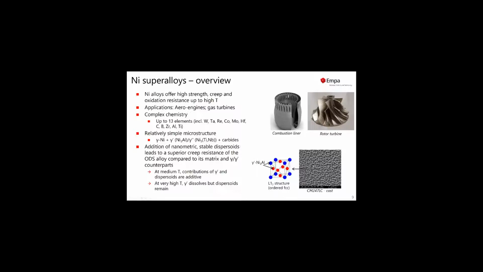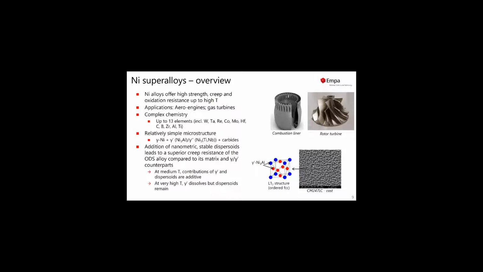So what we see is usually a gamma nickel matrix. Then in the high temperature alloy, we see the so-called gamma prime phase, which is an ordered Ni3Al phase, which makes this typical microstructure that many of you have seen in textbooks or presentations and anywhere else. And so then many of the elements are also added to form some carbides, which should lead to a further